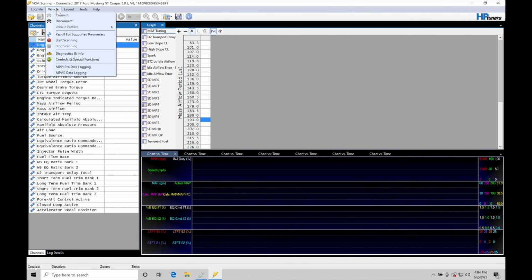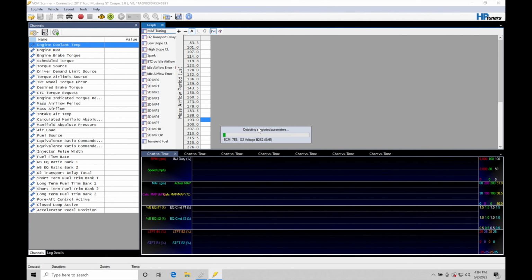So if I go here to vehicle and go to repoll for supported parameters, it's going to go through and detect supported parameters. We can see these are all of the logging channels that we can actually data log. There is a tremendous amount of channels for these Gen 2 Coyote, and we want to make sure we're able to access all the channels if we need to do so. So we can see that has completed. Now we've repolled the vehicle for supported parameters. Again, if you're going from a GM vehicle to a Ford, back to a GM, anytime you're connecting to a different vehicle,